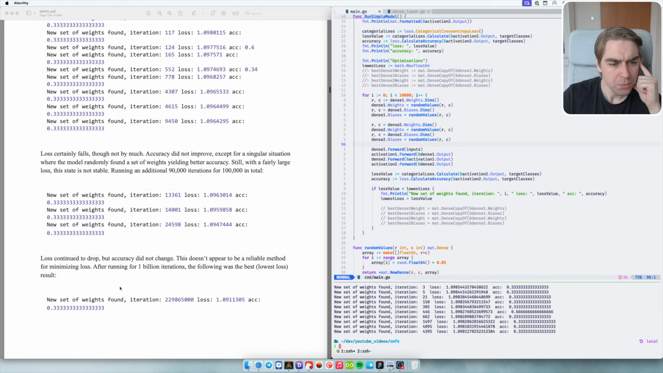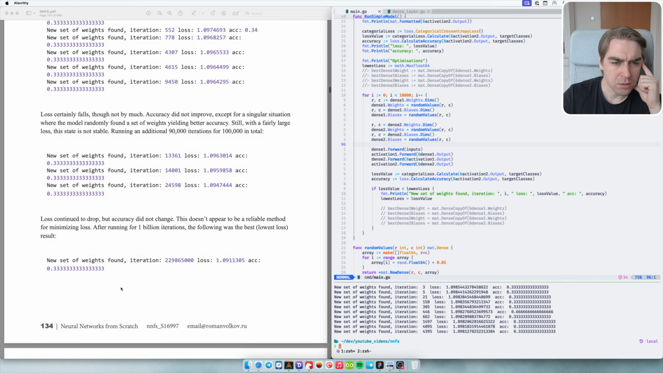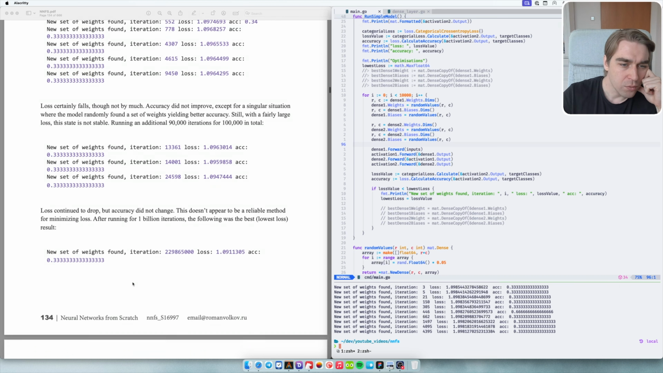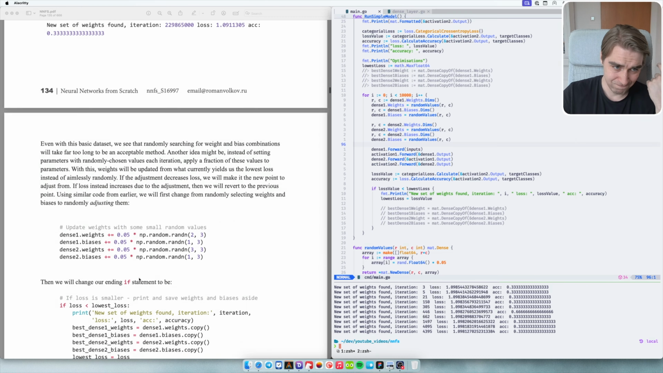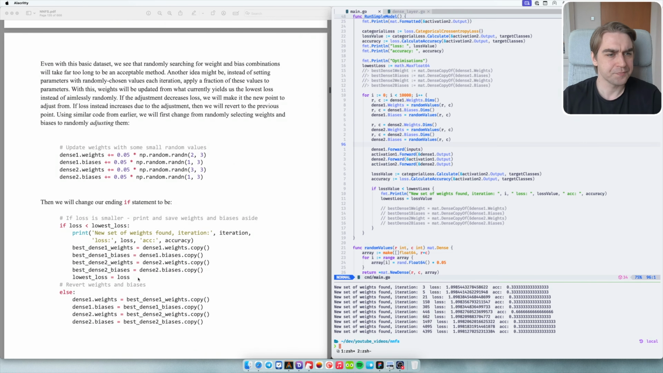Loss continued to drop, but accuracy didn't change. This doesn't appear to be a reliable method for minimizing loss. After running for 1 billion iterations, the following was the best result. Even with the basic dataset, we see that randomly searching for weight and bias combination will take far too long